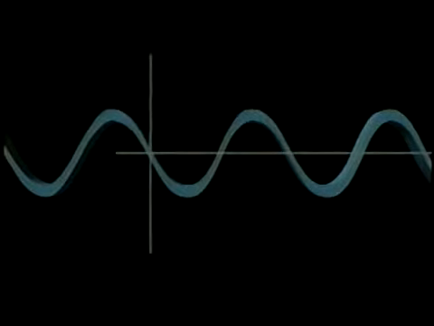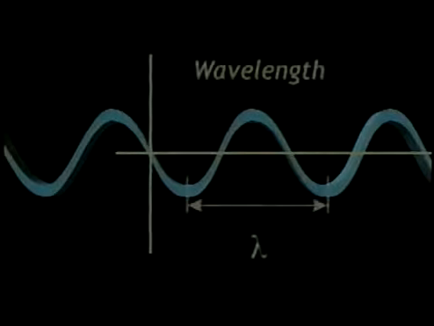Now we're going to look at a snapshot in time of the wave animation in order to get a better understanding of wave parameters. For simplicity, the outward propagating waves can be approximated with the trigonometric sine function. The pattern of the sine wave repeats itself periodically. The wavelength of these waves, represented by the Greek letter lambda, is defined as the repetition length. As a wave propagates through an unchanging medium, its wavelength remains constant.